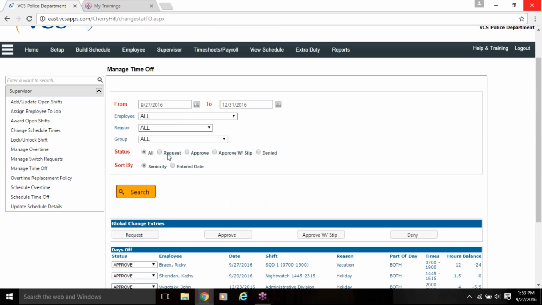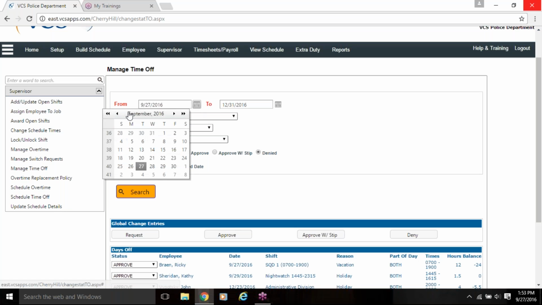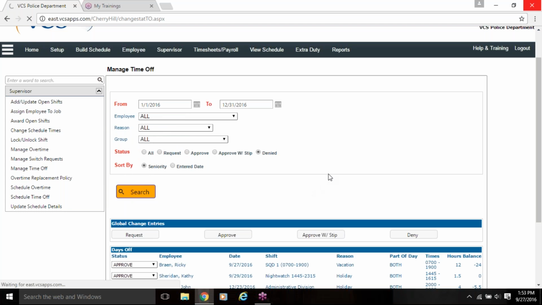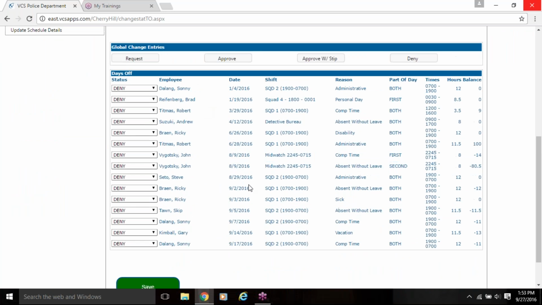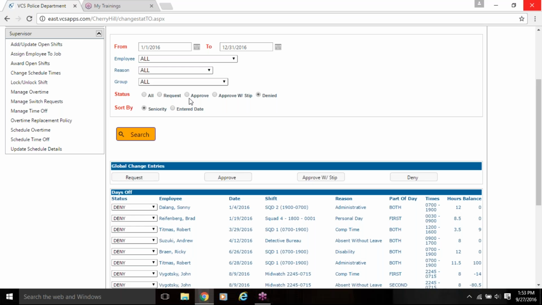And I could actually filter these to see different things. Like maybe I want to see who was denied. Let's see if there's any denials in here. Search. See all the denials that were done for the year right here that it just pulled up quickly. So you can actually filter and see exactly what you need to see. If I only just want to see the request, that's all I have to do. Now I could also sort them by seniority or the entered date. And sometimes, depending on the rules,